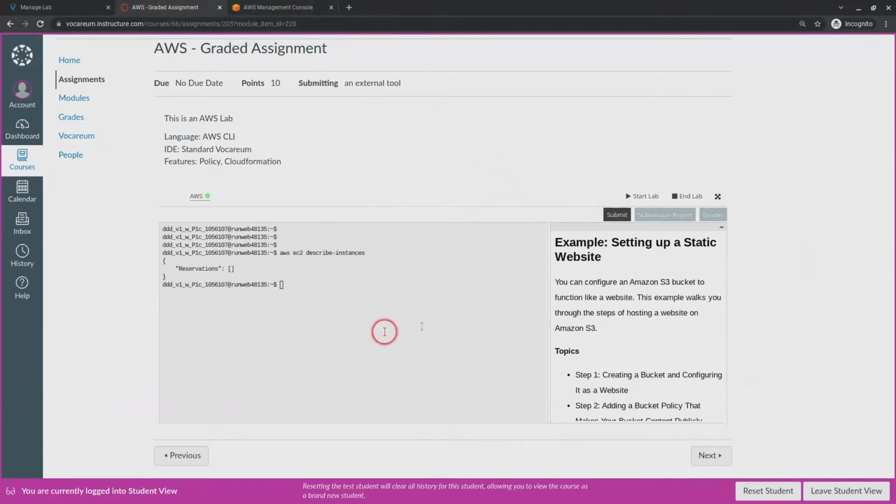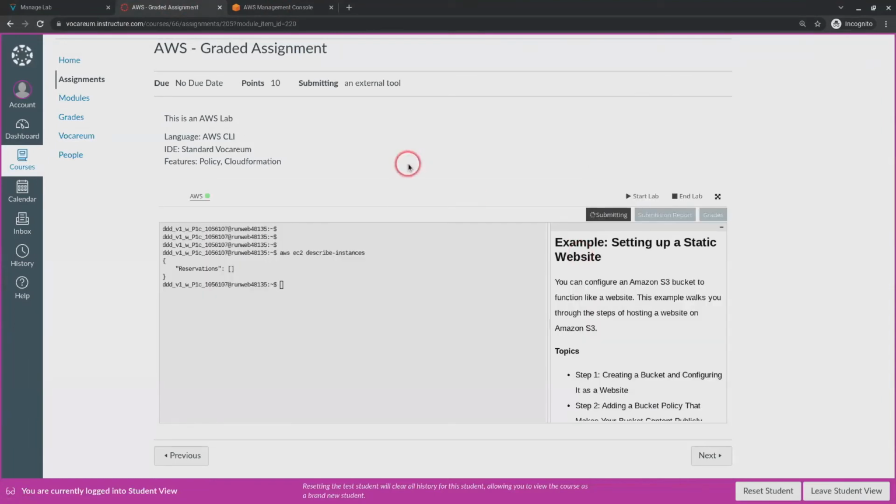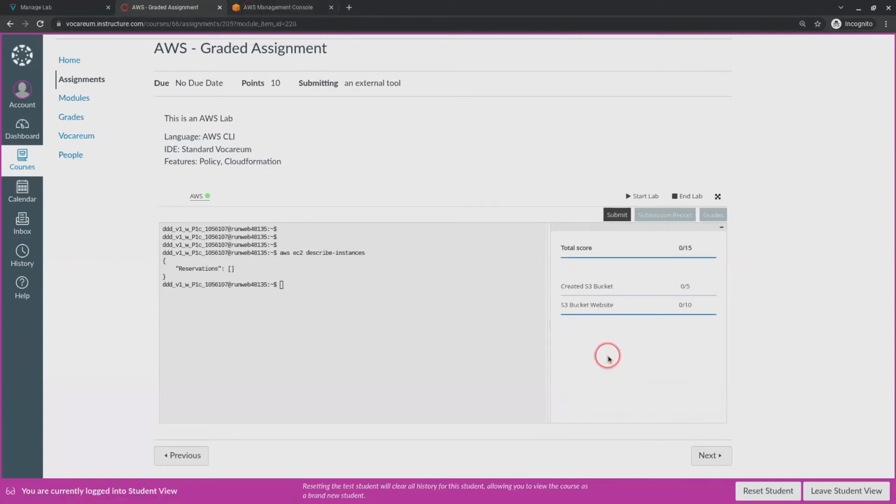Okay, and again, this example is actually, if you do a submission, what we'll do is actually trigger a grading script. Okay, in the previous example where we were showing some simple questions, here we're actually asking the learner to do some work, right? And so they need to go into the AWS console and set up an S3 bucket. So I got zeros because I didn't do any work. But